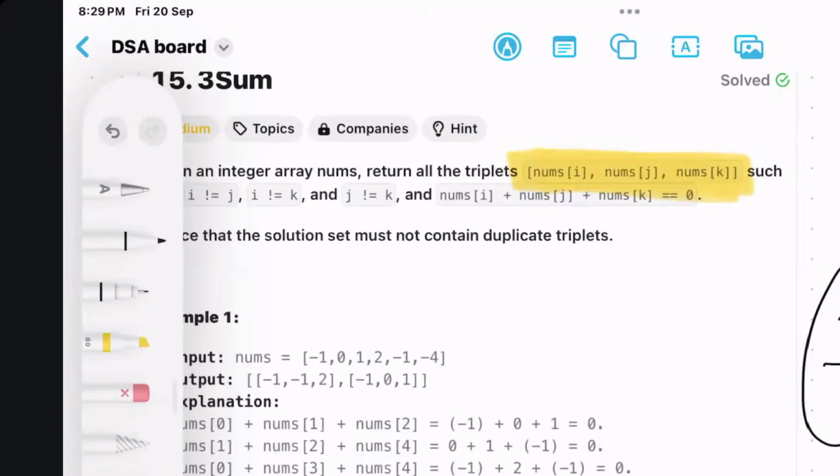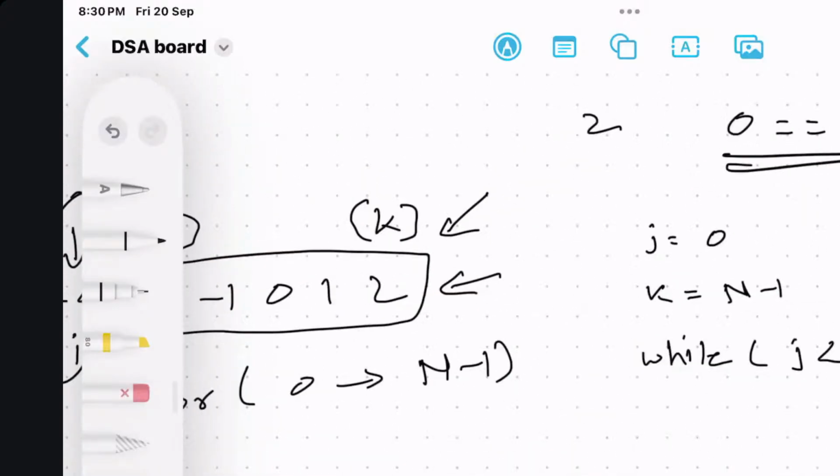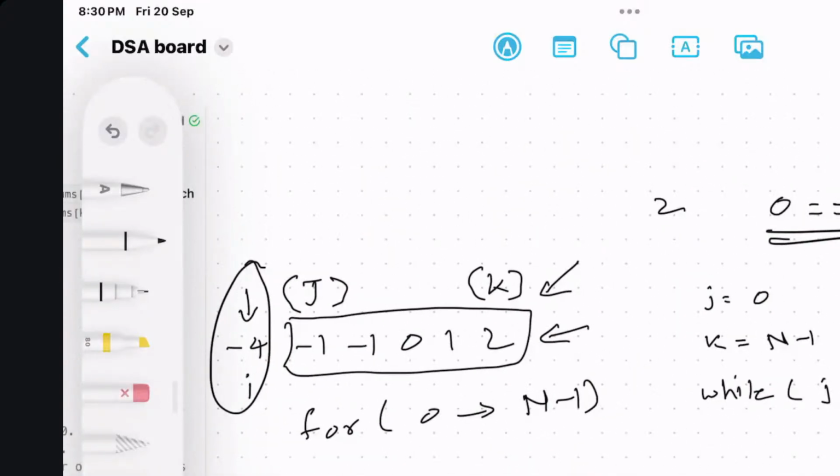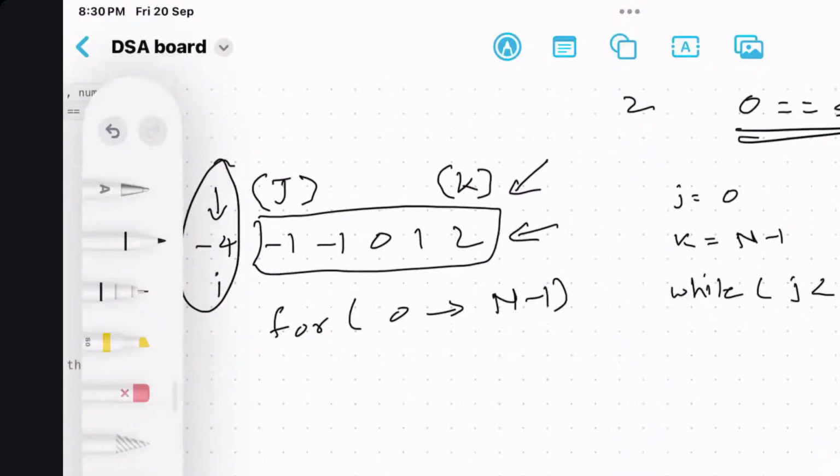Instead of that, if they would have asked you for the positions of i, j and k, then that would have been a key to you that you should not solve it this way. Coming back to this example,